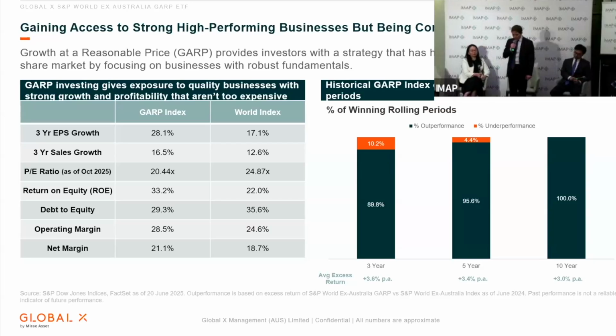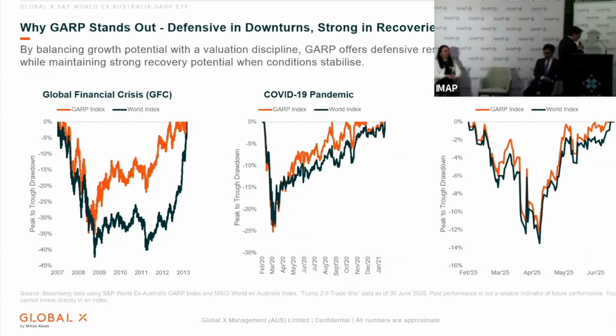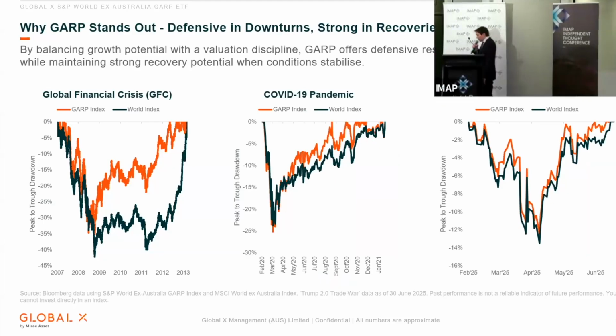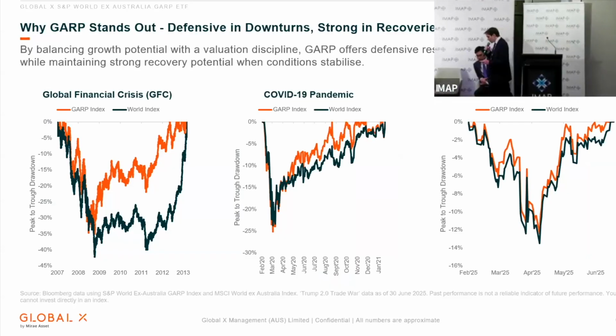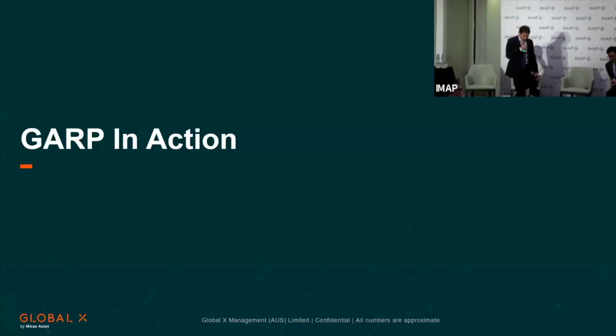So the growth portfolio, growth at a reasonable price, is about 20 times a multiple, whereas the MSCI World is about 24 times. In over 3-year, 5-year, 10-year performance periods, there's been an excess return that GARP's achieved vis-a-vis the MSCI World of roughly 3%, which Jason touched on. Drawdown behavior. It's very comparable to the world equity portfolio. Sometimes, however, it will draw down a bit more sharply, but it exhibits stronger bounce back power in the context of where and when a recovery occurs, so upside capture.